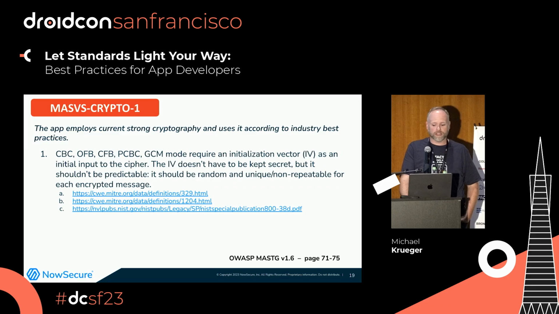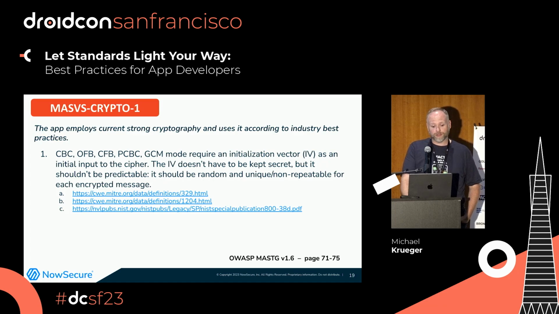I think it goes into a little bit more detail here in the MAS-TG, but they also say that ECB, or the electronic codebook mode, is one you should never use. So you're still given that option. Modern linters should throw an error and say, please don't use that. But if you do, you will see an error in modern, and definitely Android Studio. I'm not sure about a couple of the other IDEs.